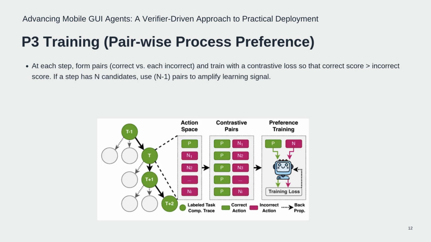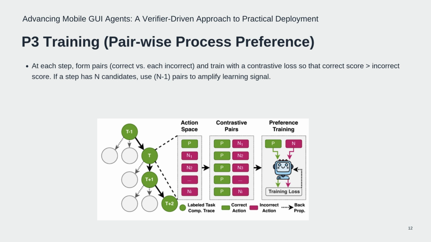So how do they train the verifier? The P3 training method works as follows. At each decision step in the task, they use the data to form pairs consisting of the correct action and one incorrect action. The verifier model is then trained to output a higher score for the correct action in each pair. Imagine we have a particular state in the task where, say, the correct action was press